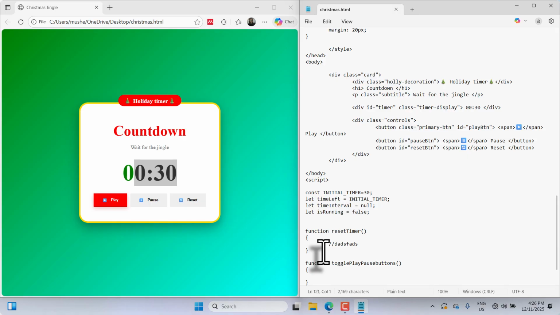So we have our toggle buttons function that will be responsible for handling the toggle logic, and we have our reset timer. We're going to leave this for now. We should probably create a function that's responsible for just pausing the timer so that we can separate the logic. But first of all, let's see how we can insert audio into our